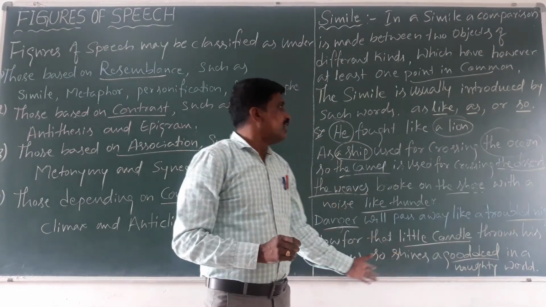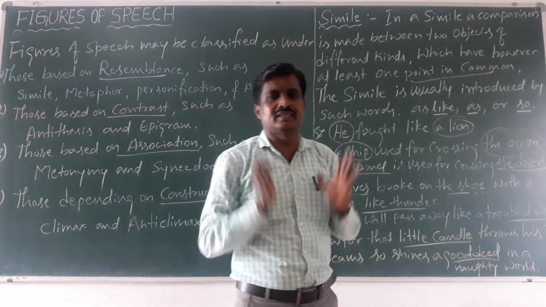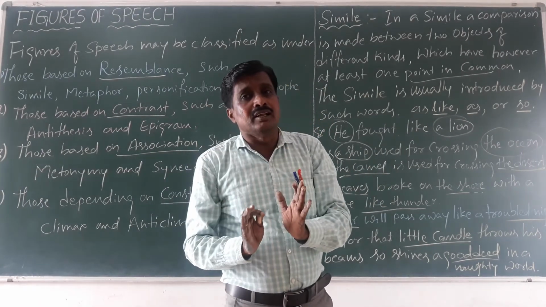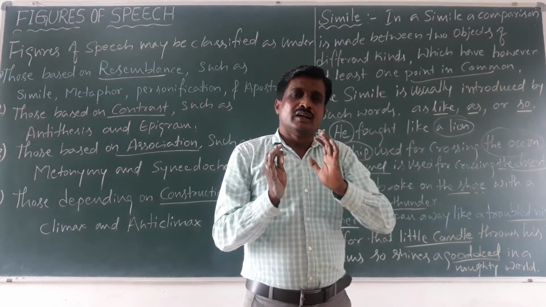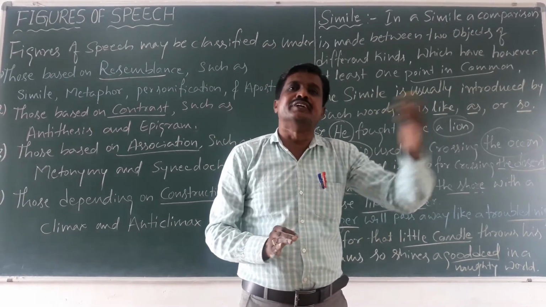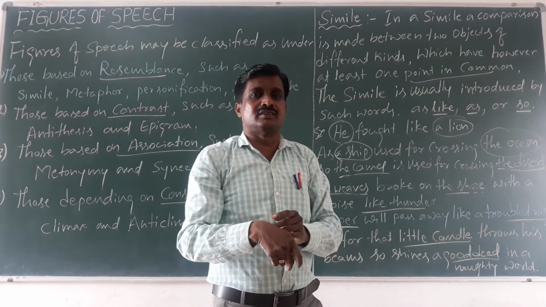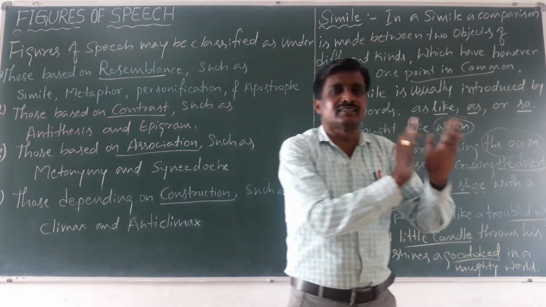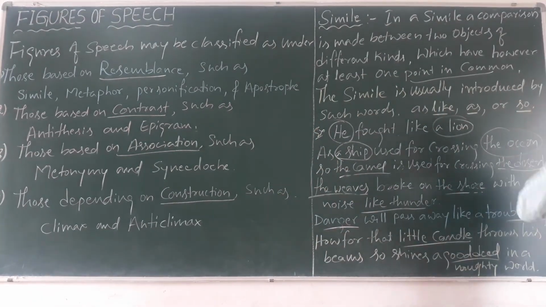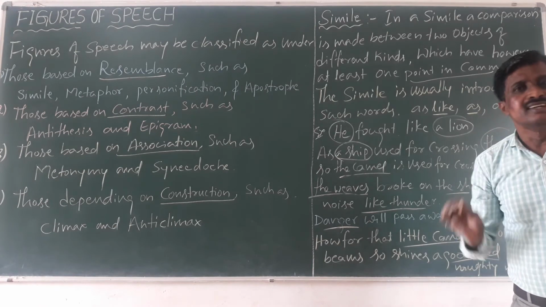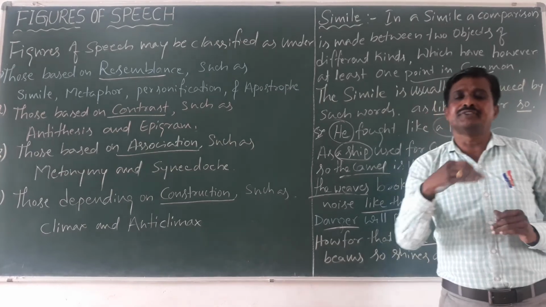Okay, dear students, from all these examples we came to understand that in a simile, two objects of different kinds are compared with each other. After the comparison, the two different kinds of objects keep their separate identity. This is called simile. Let us see the next, metaphor. Metaphor is also implied